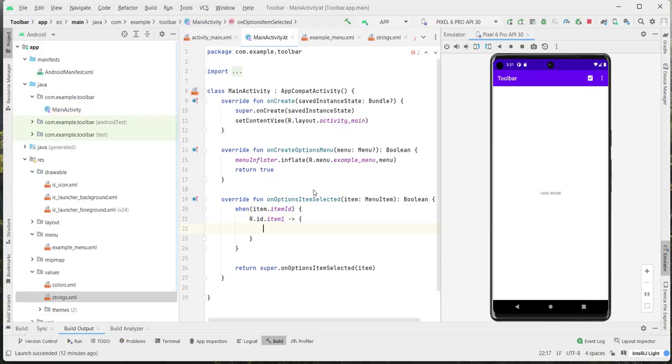Then I'm gonna put toast message, Toast.makeText, this main activity. I'm gonna say item 1